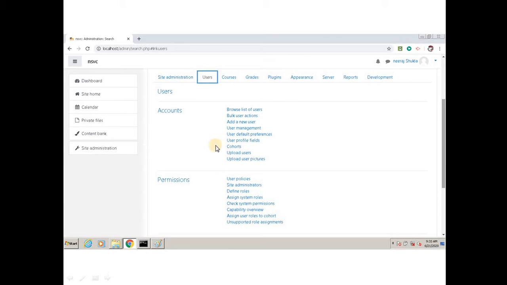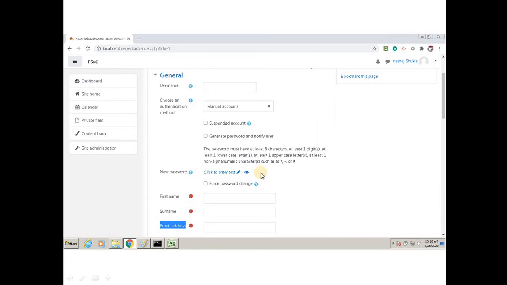Okay, so if I click on add new user, I get this page, but I recommend don't add users with this page, because manually adding a single user is a cumbersome process.